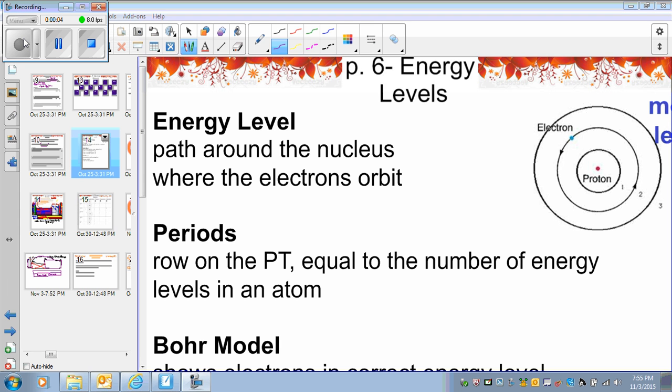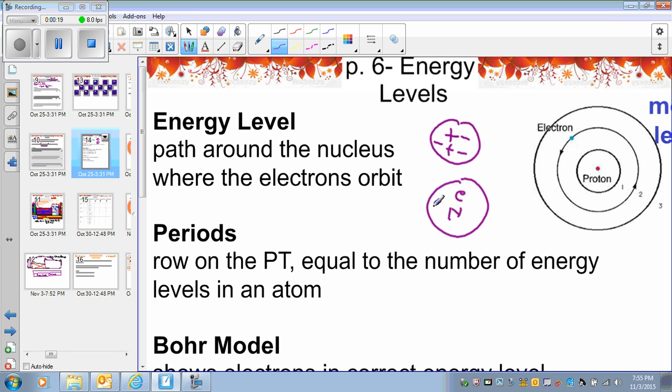Hi everyone, in this video we will talk about energy levels. Earlier on we learned about the atomic models. We learned that we had a plum pudding model given by Thomson, and then we have a nuclear model given by Rutherford, and then Bohr was a scientist who gave us a planetary model where he said that there is